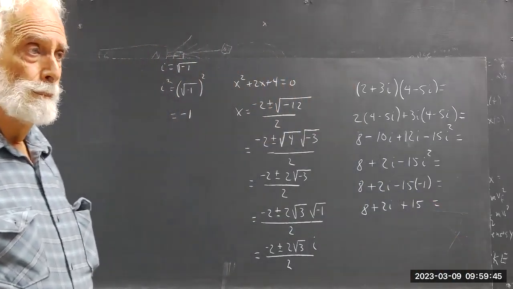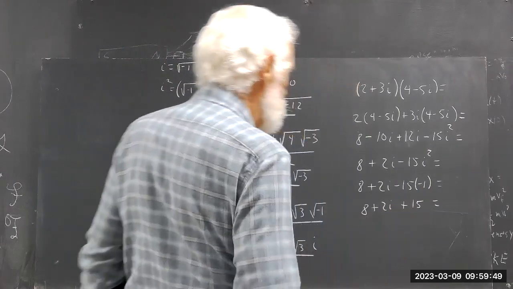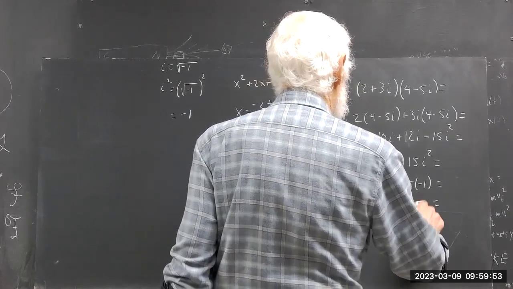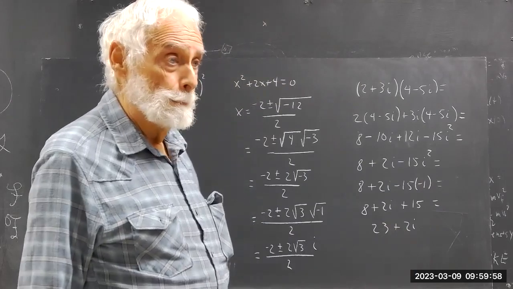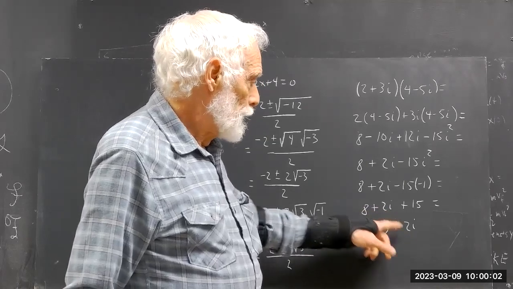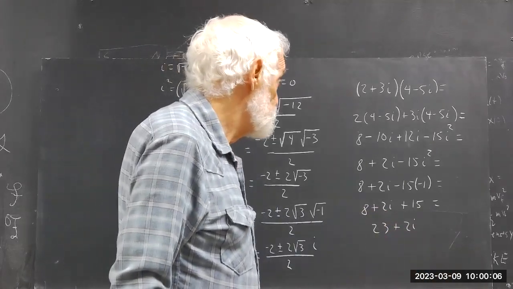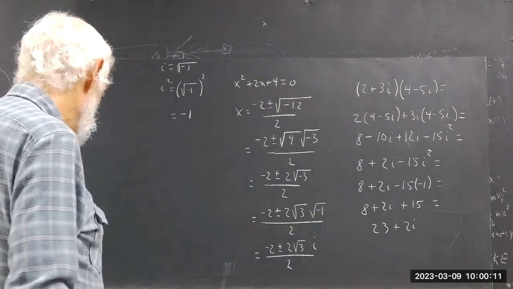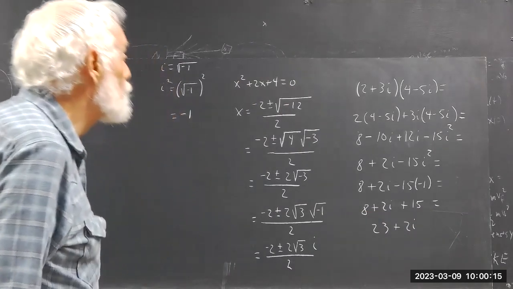Okay. And 8 and 15 makes 23. And then that's times 2 plus 2i. Because 2i can't be added to a real number. An imaginary number can't be added to a real number. They're different things. Okay. So